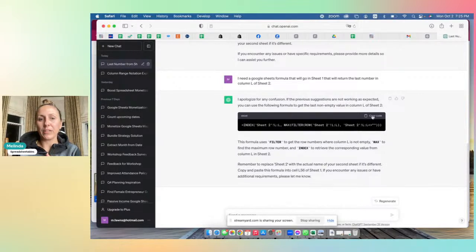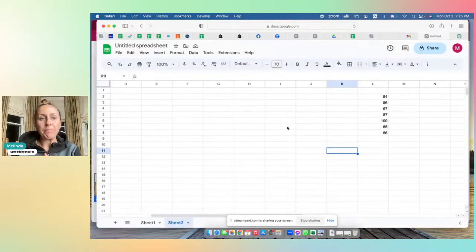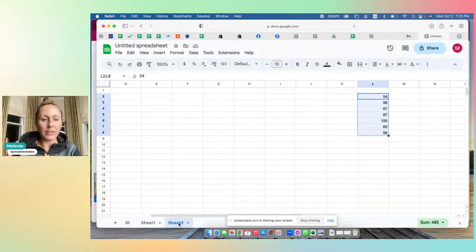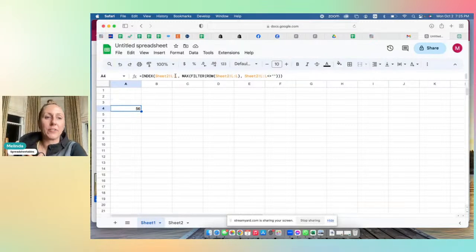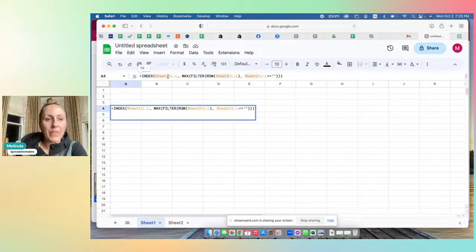So all you do is, actually this says Excel here. Anyways, that's fine. I copied this code and then I had prepared just kind of a dummy sheet to see if it works. So I've put values in column L, and this is on sheet 2. And then in sheet 1, I've just pasted the formula into here. And then, so whenever you paste a formula, you want to make sure that where it says this sheet 2,